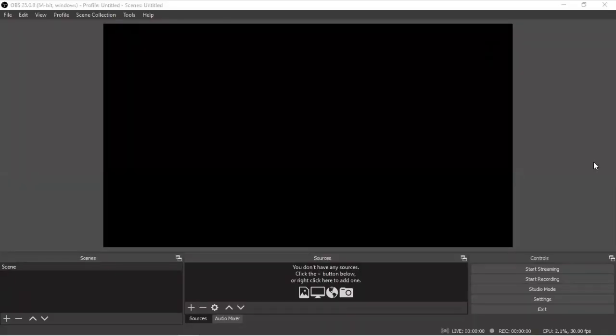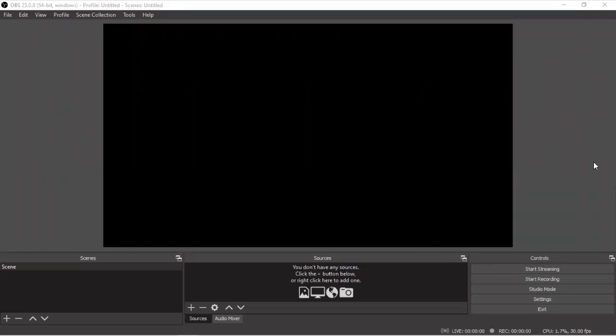When you first open up OBS, it looks like this. This is the default screen and this is the black area where it fits the video data. That means a PowerPoint we can fit to this area. Below the black screen, there are three boxes. One is the scene box, then source box, and the third one is the controls.